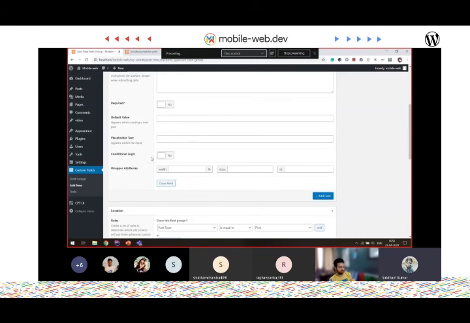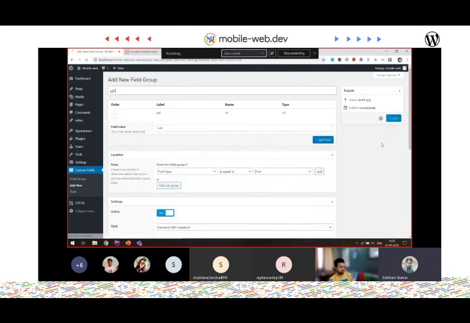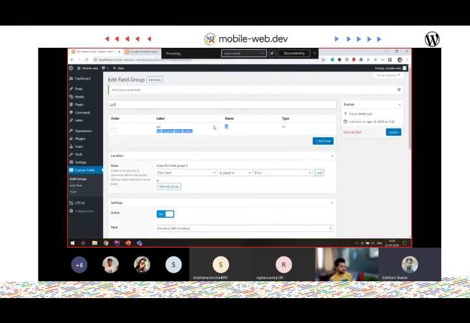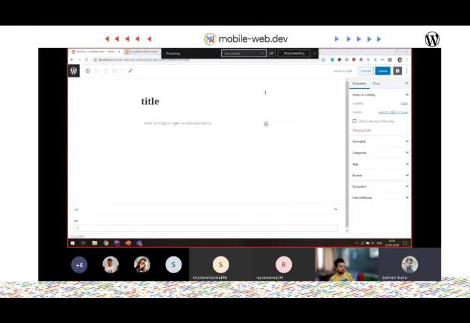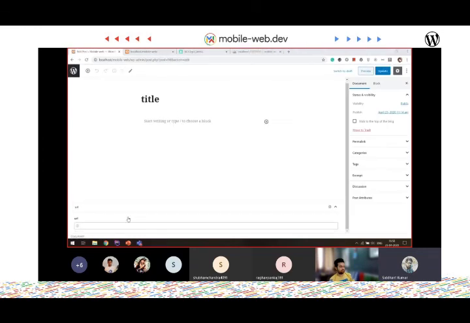So it's done. I think everything is in place. Publish. It has the name URL. Let's go to posts and edit it. 98. Now you see here we have the custom field URL. Update this with the required URL, because if you enter some invalid URL it won't let you update it. It's updated. Don't worry.